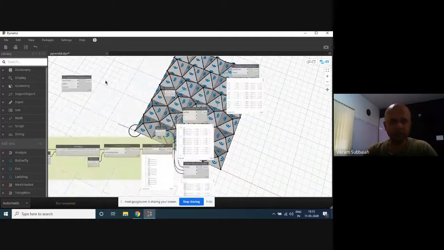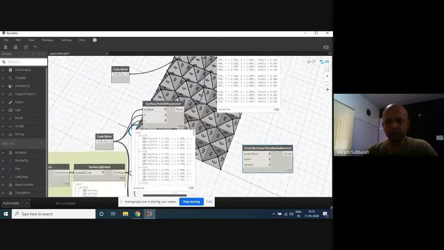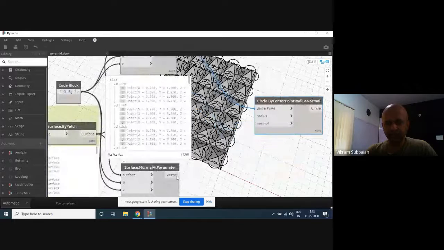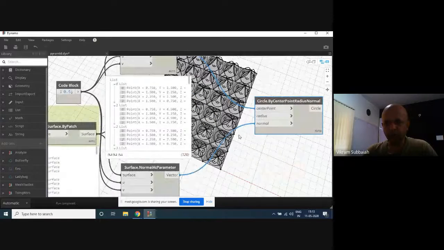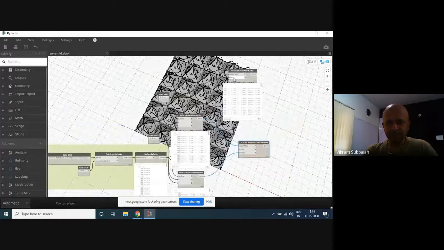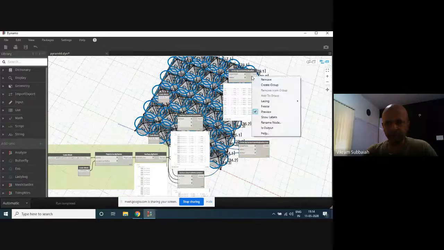So now we will use this other node here. We've got center points and we have normal. And then the radius, let's reduce the radius, and we'll get rid of this.